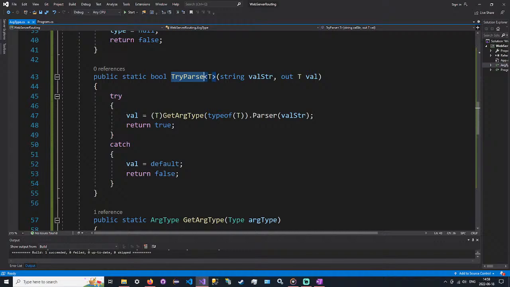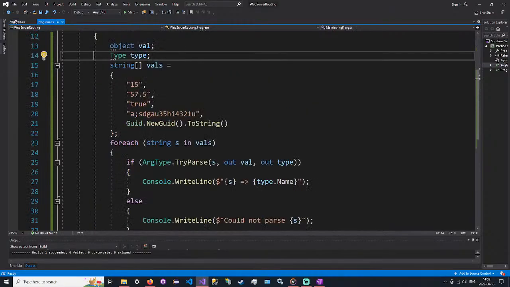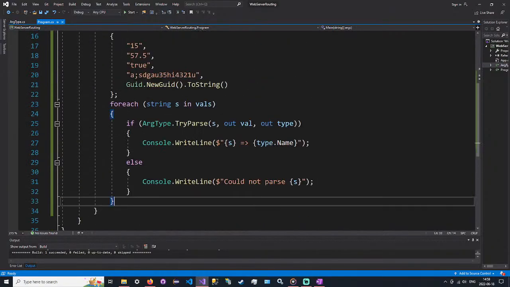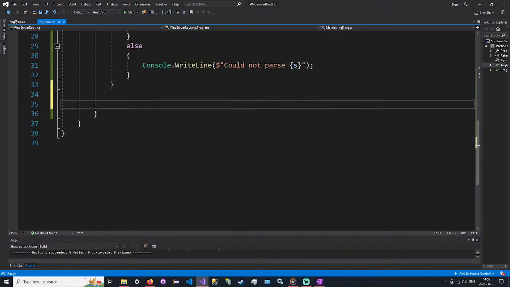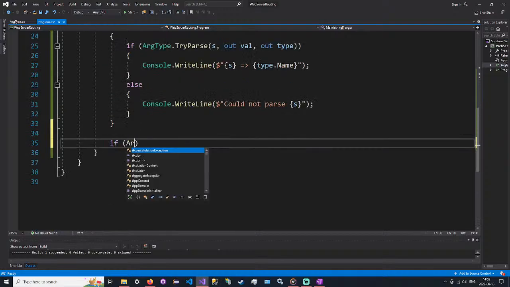All right, so this is our try parse function. You can try it out. We'll just try it out real quick right here. So we'll say if arg type dot try parse as a double, we'll say 15,